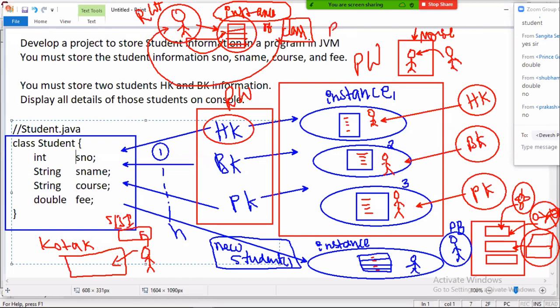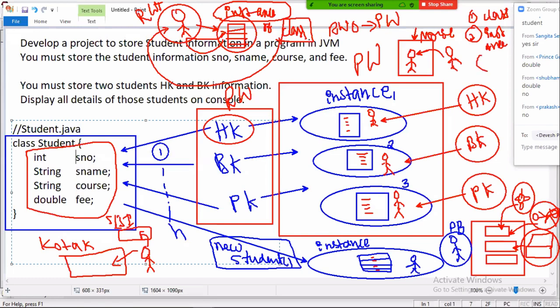So tell me, if you want to create a real world object in the programming world, how many things do I have to create? Two things. Number one, class. In the class, we must declare variables. Second, you must create an instance. Then the instance will provide memory, allowing us to store values of this object. Then the real world object comes into the picture. So creating a real world object in the programming world is a totally three-step process.